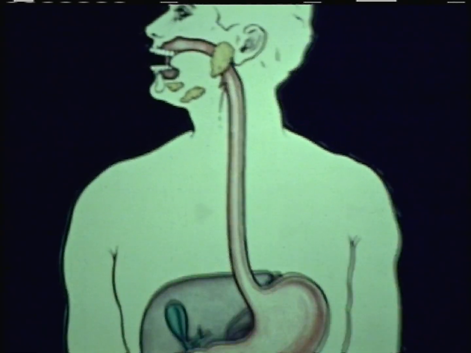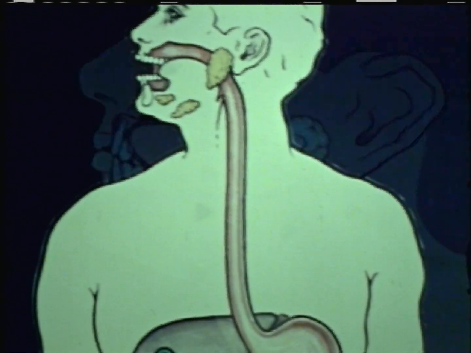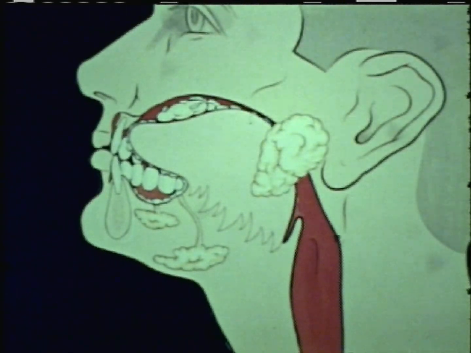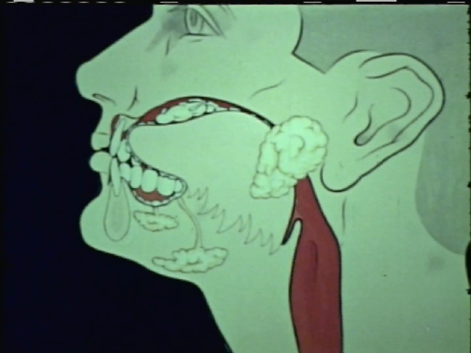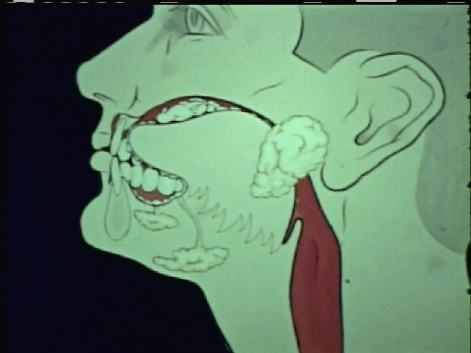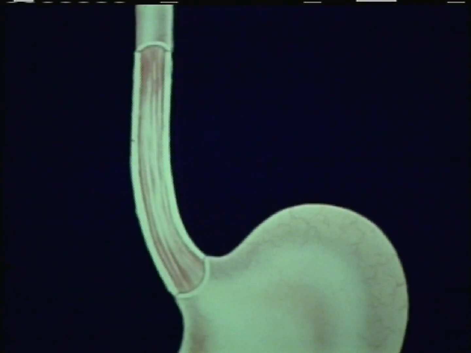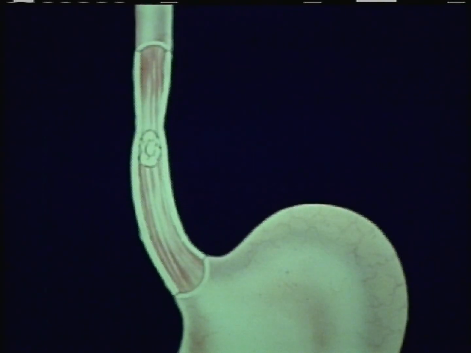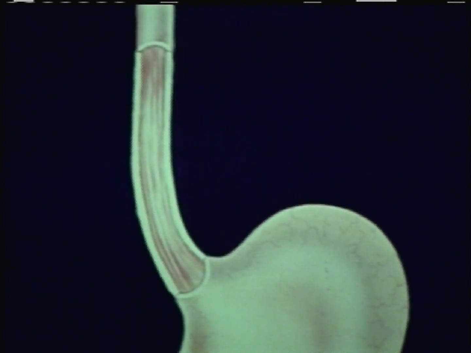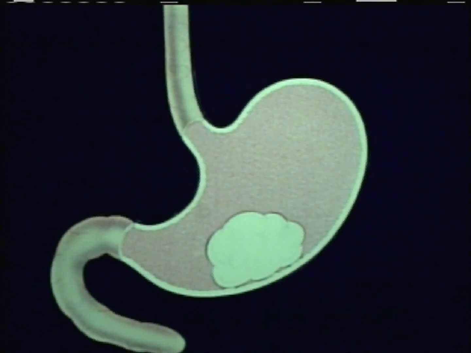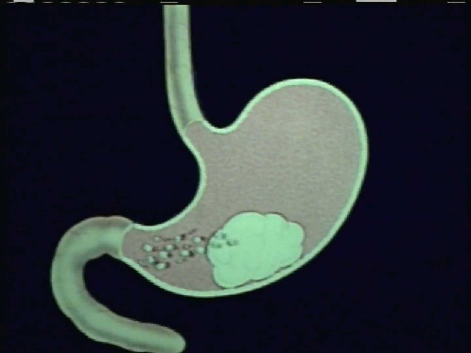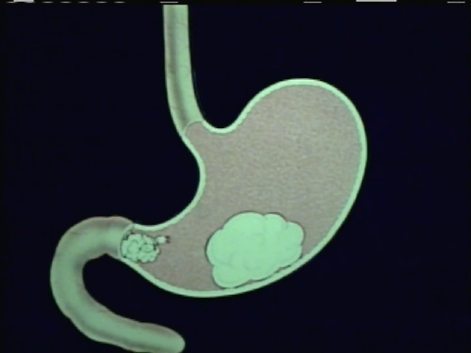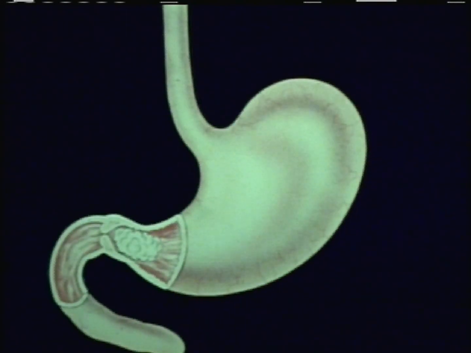We saw that digestion begins in the mouth. In the mouth, food is chewed, mixed with saliva, and swallowed. The swallowed food enters the esophagus, where peristaltic waves force it down into the stomach. In the stomach, food particles are mixed with gastric juice and become a semi-liquid called chyme. Chyme is forced from the stomach